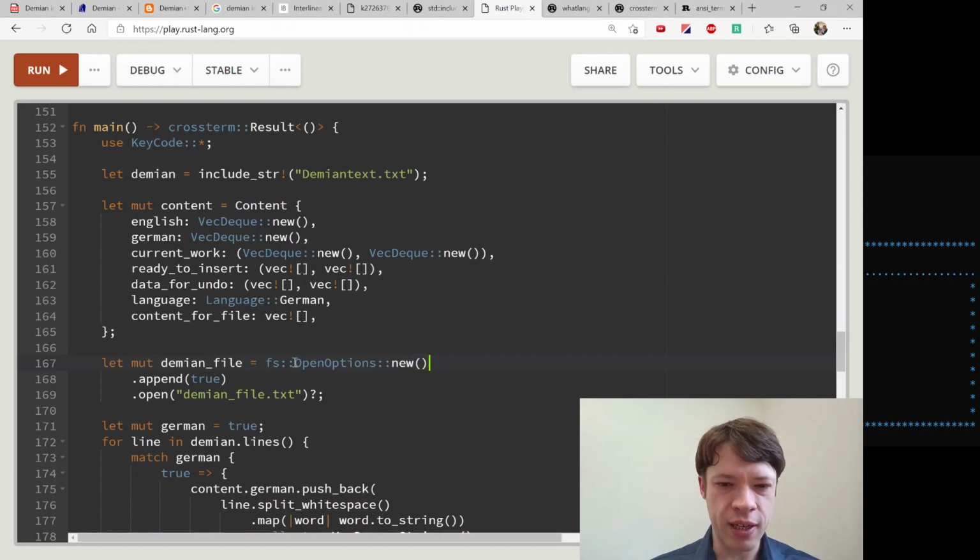It opens a file with some options, because if you create a file in Rust and give it a name, it's going to overwrite something if it has the same name. So you have this append true, which means open it up and add to the end, and here's the name of the file. So this is the output file, and then you can see the question mark there, and that is where it matches against the result.